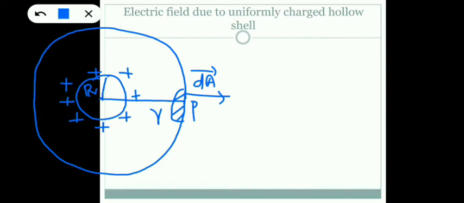And what is the direction of electric field? Here you have positive charges. And for a positive charge, electric field will be pointing outward normally. So again, this is the direction of electric field. So electric field and the area vector are pointing along the same direction. So the angle between them, theta, will be 0. And at any point throughout the sphere, it will be like this. Electric field and area vector will always be pointing along the same direction.